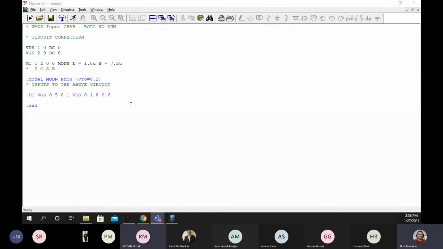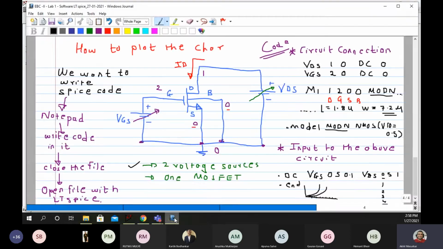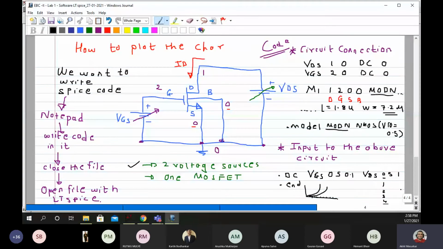Sir, what is that L and W? L is the length of the MOSFET and W is the width of the MOSFET. L and W are what we use to change the values of the current. Good question, I'll answer it right away. Here, ID has a formula.